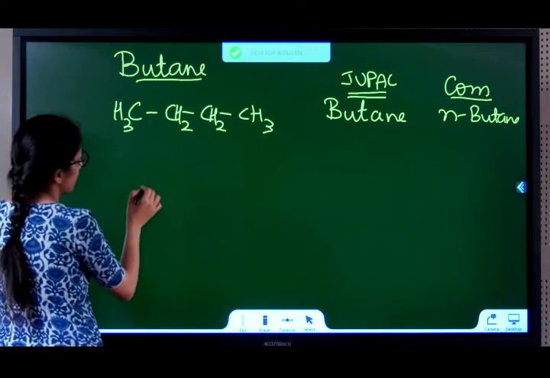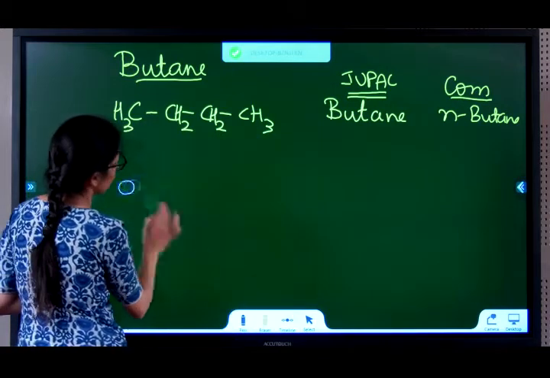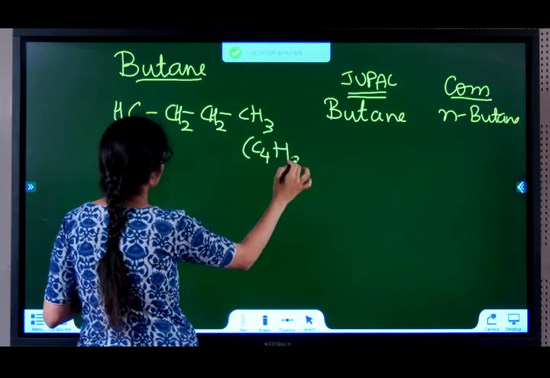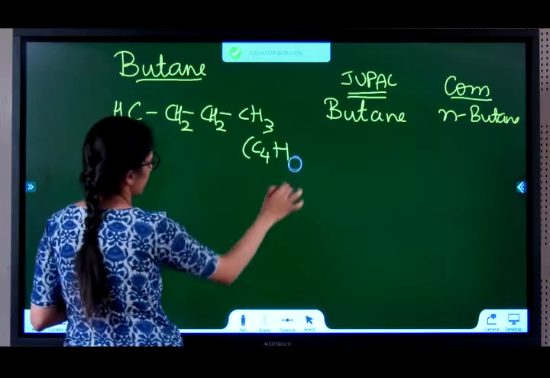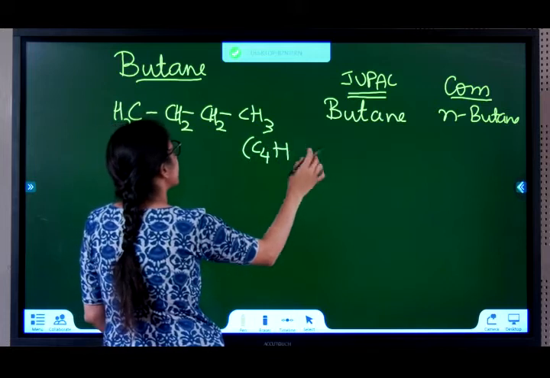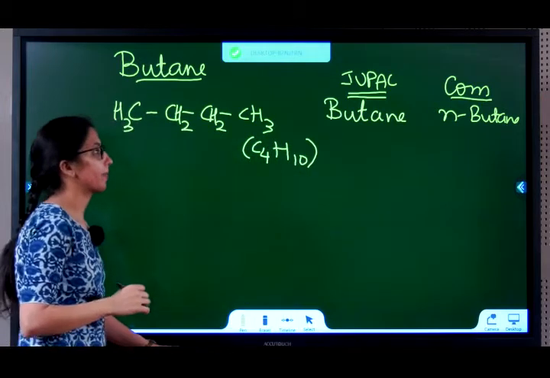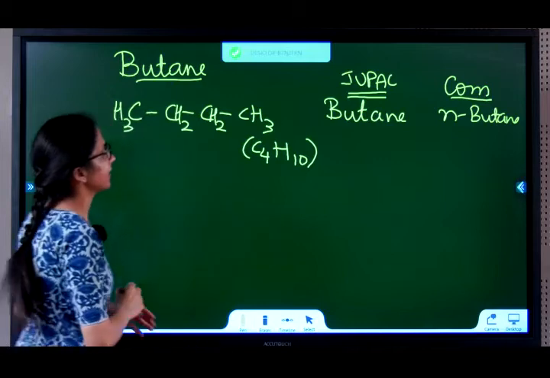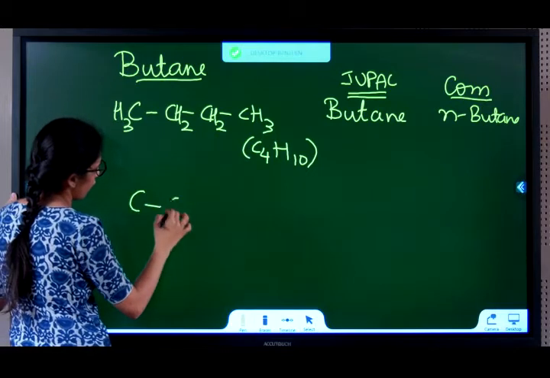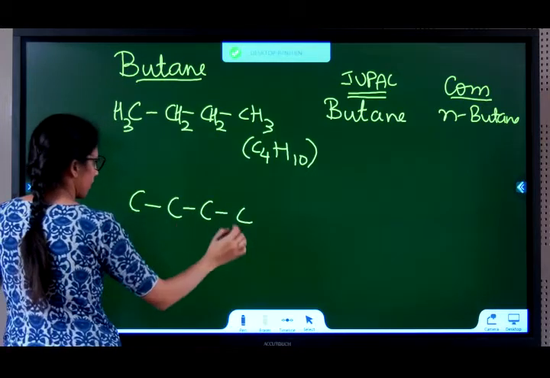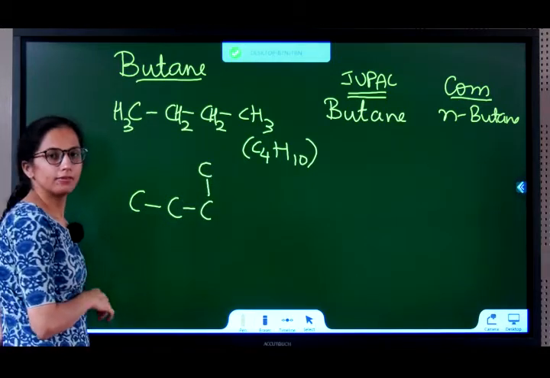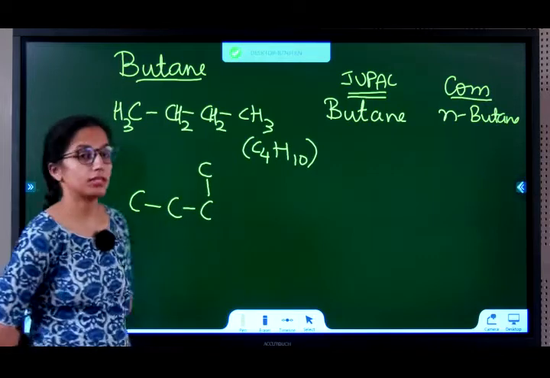Now see here. What was the formula of this butane? C4H10. Yes, C4H10. How? Use the formula CnH2n plus 2. C4, 2 fours are 8, 8 plus 2, 10. C4H10. Okay, now let us see what I am going to do with this. If I have 4 carbon atoms, I am going to remove this one carbon atom and keep it here. Is it a different compound or the same compound is the question now.